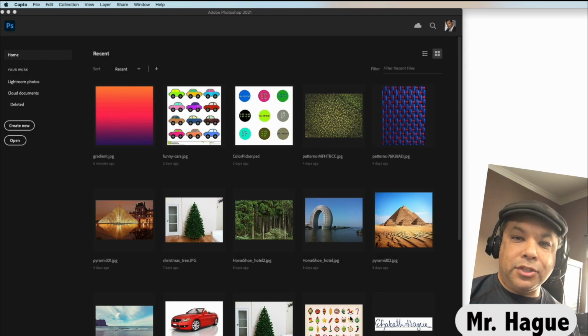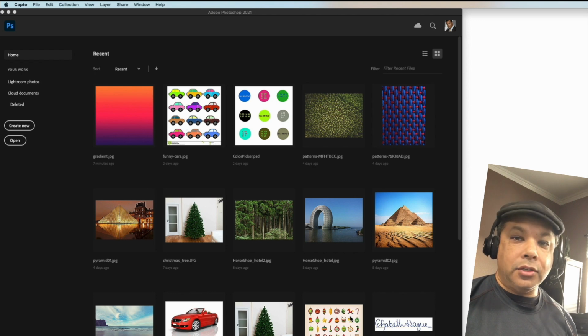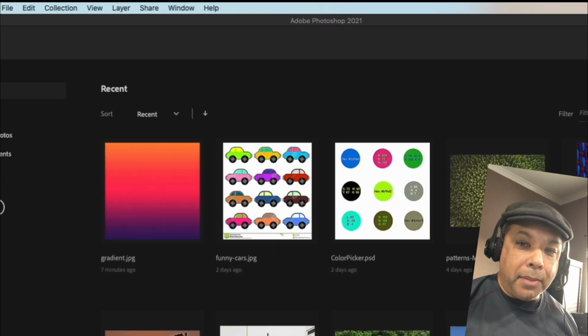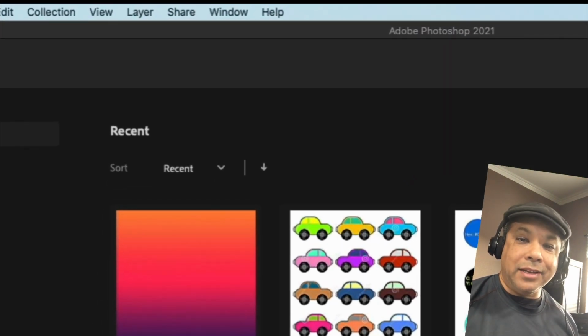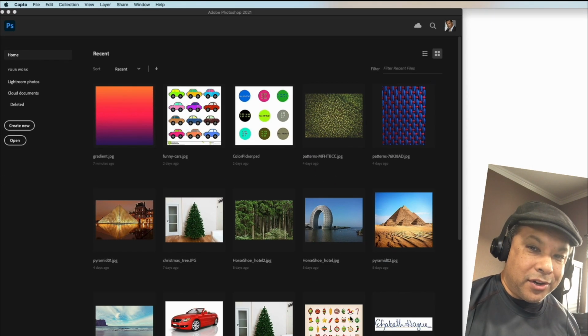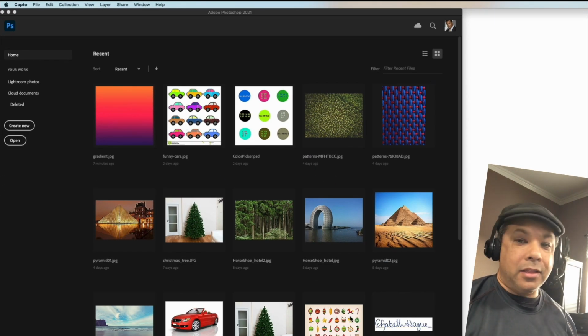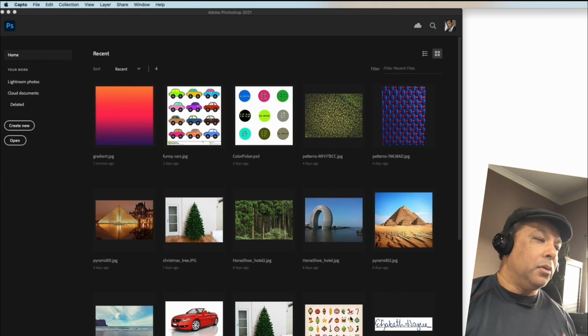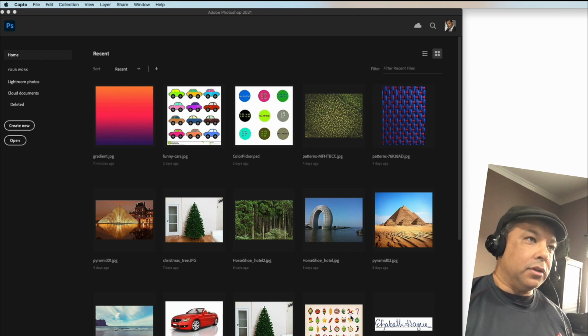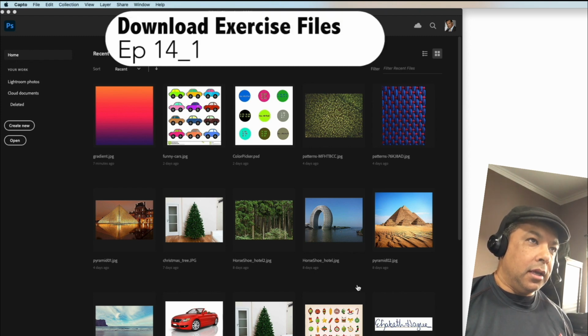Hey everybody, it's Mr. Hague again, and today we're going to learn about the eyedropper tool. Not the one that you put on your eyes, okay? It's the Photoshop version. Well, first of all, you should have downloaded the exercise files, and let me show you